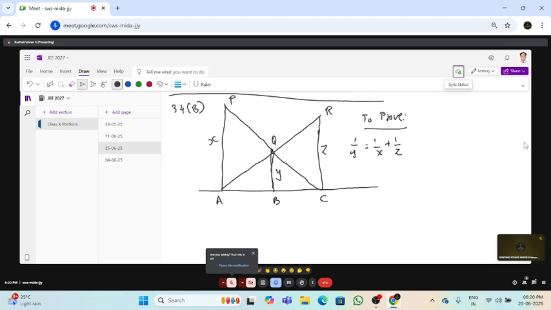So here also you can apply the same approach of similar triangles. Can you please look at the similar triangles here and